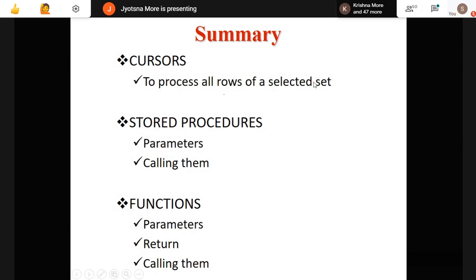To process all rows of a selected set, we are using a cursor. A cursor you can use with a procedure or function if you require, but mostly with a procedure. A procedure requires the parameter and calling them for a result. Functions require the parameter, return value and calling them. That is the difference.